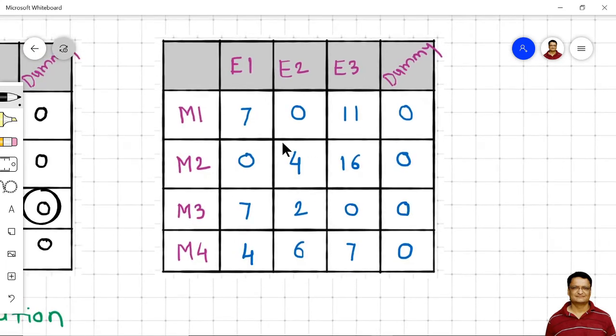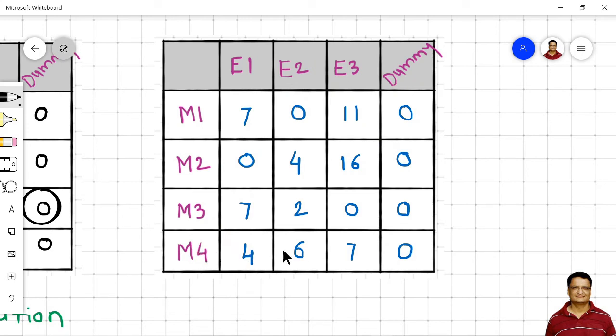Now we have at least one 0 in each row and one 0 in each column. So now we can make the assignments. The rule is to scan the rows and select a row which has exactly one uncrossed 0.